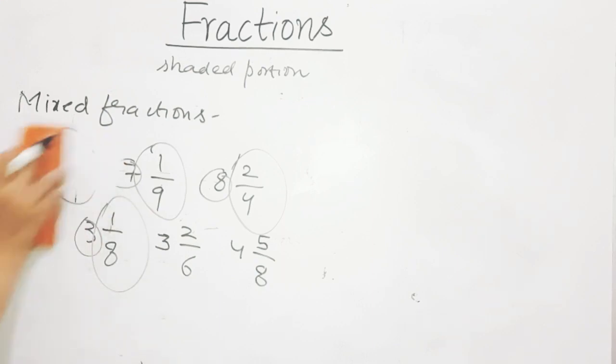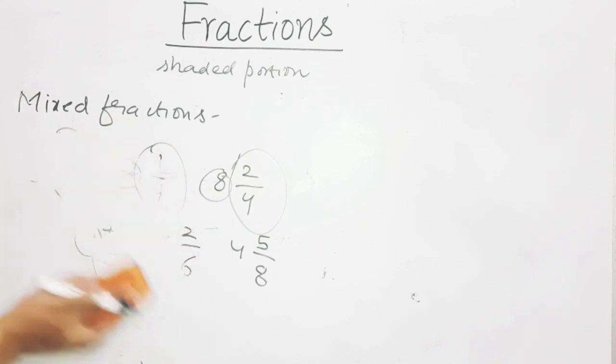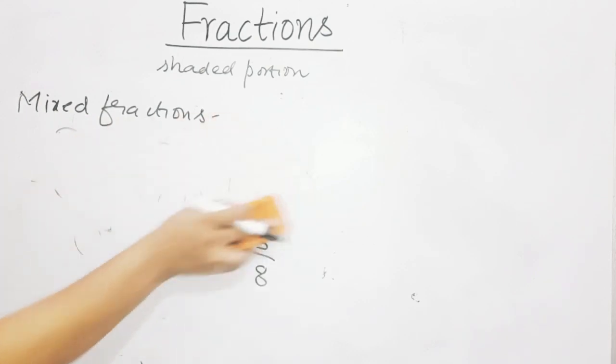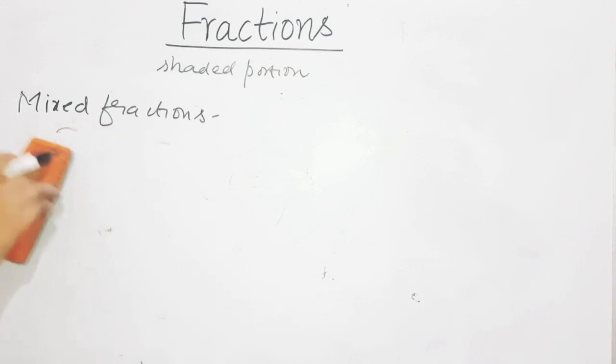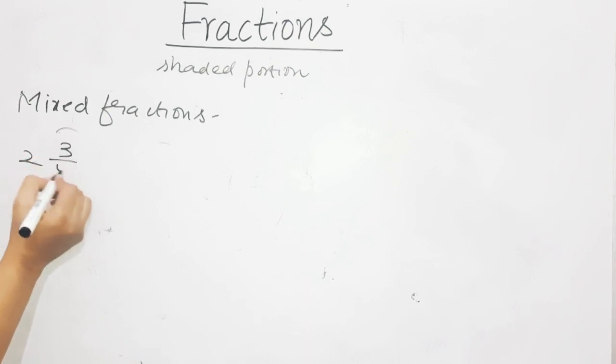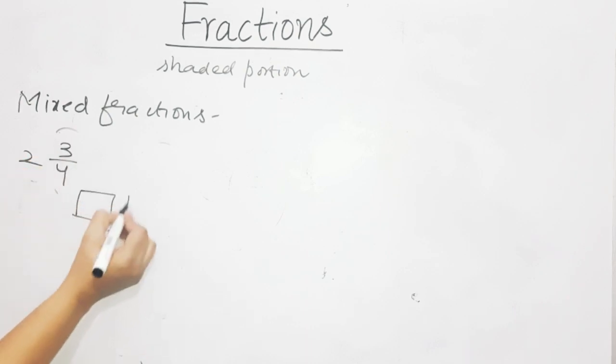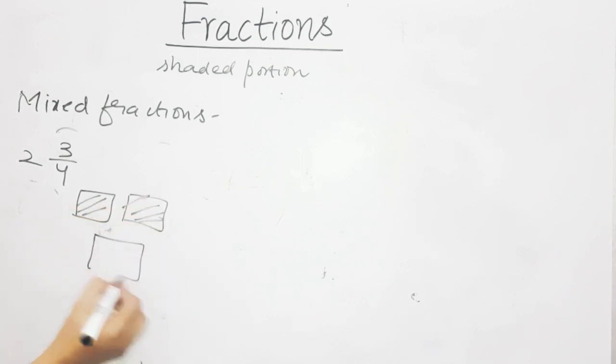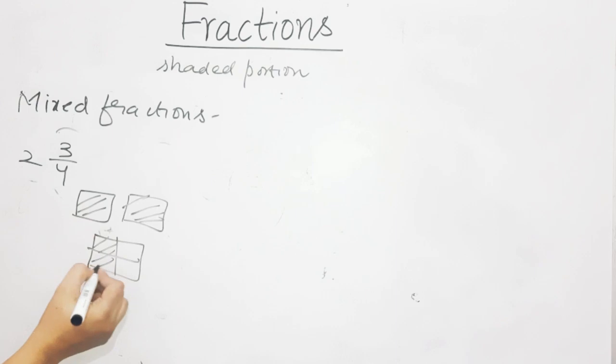Now on mixed fractions, you all can see the table on page number 72. All the definitions are explained over there also. So if a fraction is like 2 3 upon 4, that means 2 wholes will be shaded. Now 3 upon 4 means out of 4 how many parts will be shaded? 3 parts will be shaded. This is how we represent any mixed fraction by figures.